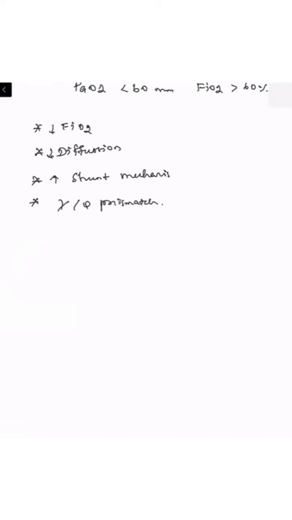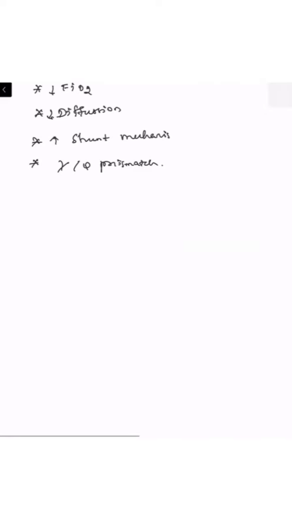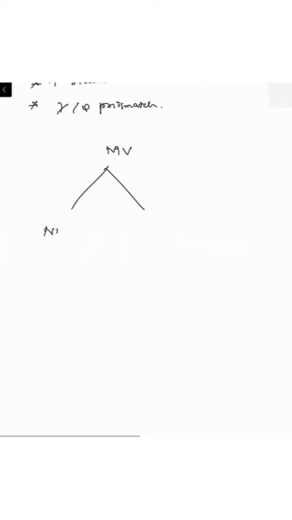So to correct the hypoxia, we need to either increase the FiO2, or correct the underlying etiology, or increase the positive end expiratory pressure in order to overcome the pathological changes happening in the ventilatory system. So this is the normal basis of mechanical ventilation. Mechanical ventilation can be divided into two broader categories: negative pressure ventilation and positive pressure ventilation.